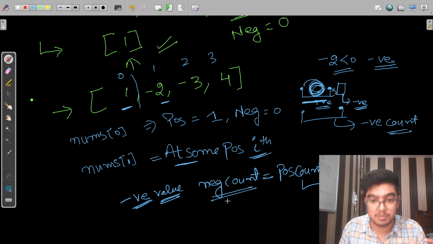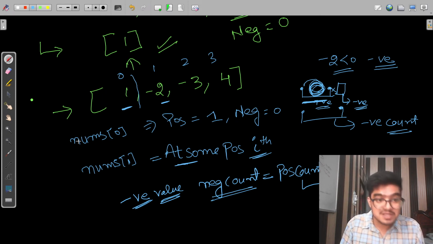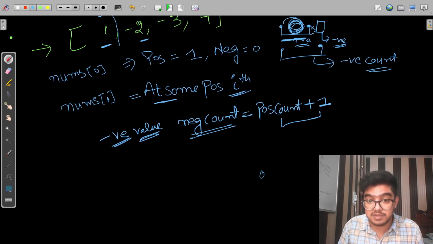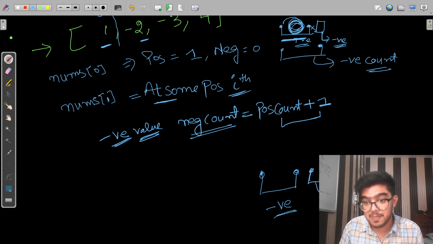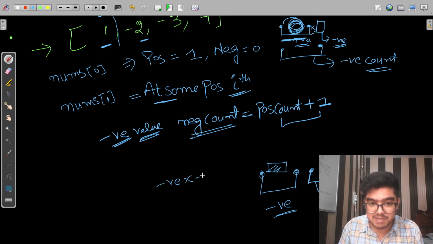That's why the negative count is incremented. And what about the positive count? It is the same. Think in a logical way. If from this position to this position we have negative values, and at this position we again get a negative value, then whatever the answer of these negative values is, when this negative value is multiplied with this negative value we actually get a positive value.